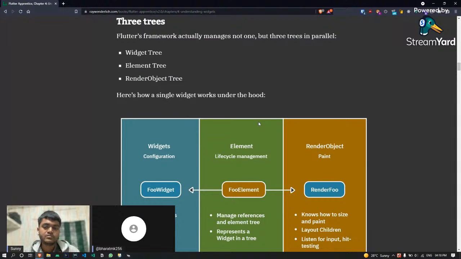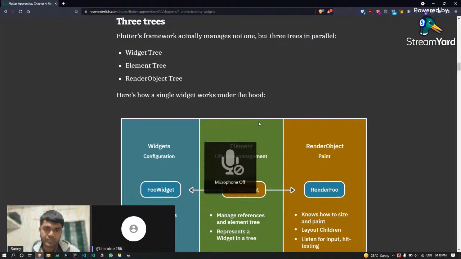The render object is only concerned with how to size and paint the children. It lays out all the children of the tree, positions them and gives them sizes, and takes the given size and creates a plan on how to actually render them on the screen. Then